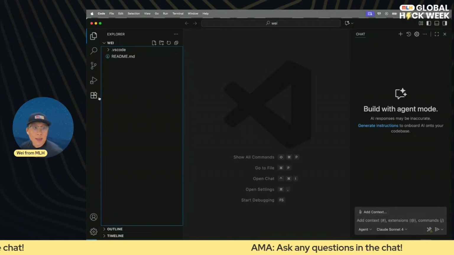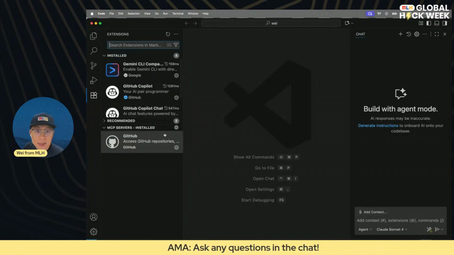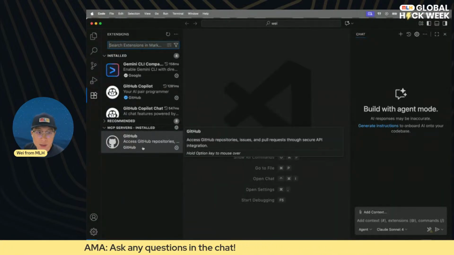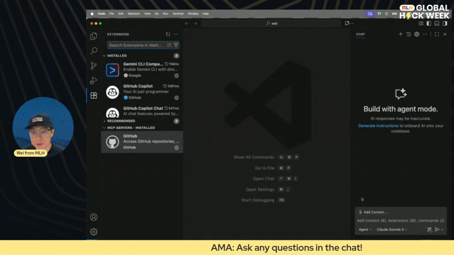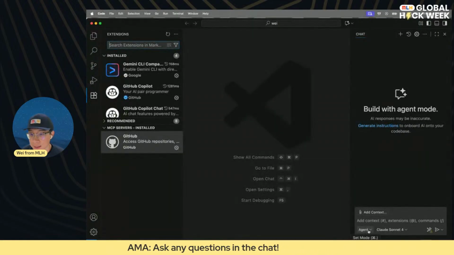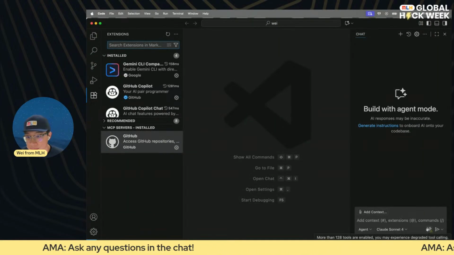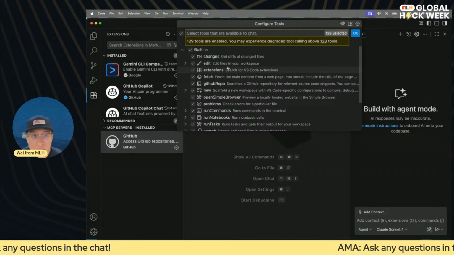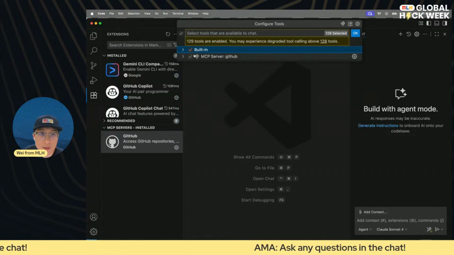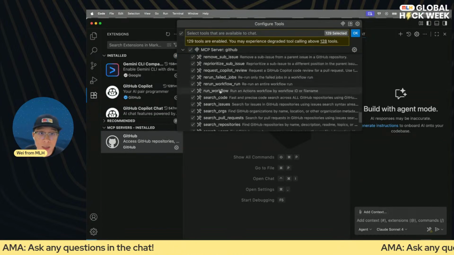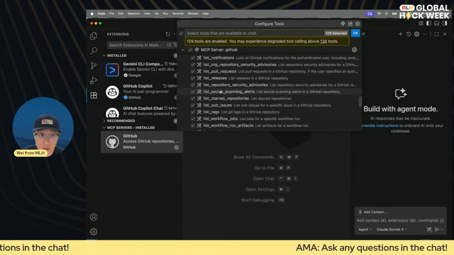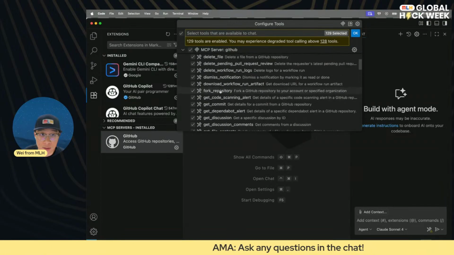All right. And now you may be asking, like, all right, it says server started, we installed it, but how do we really know, right? How do we interact with it? So it's actually super, super easy. You can click this tool button to see all the MCP servers that you have installed. In this case, we have MCP server GitHub, and you can see GitHub has a ton of different tools that are exposed to the AI agent.